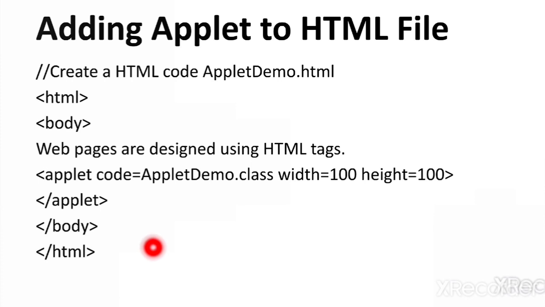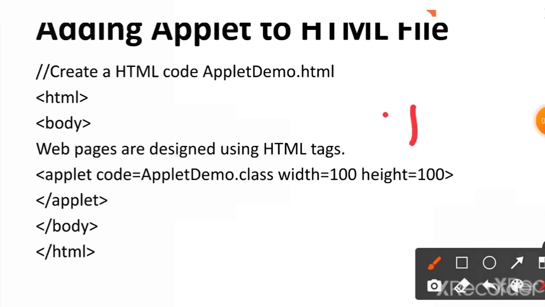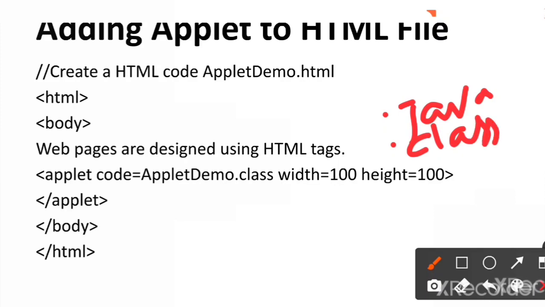Once you are done with embedding an applet tag into your HTML document, now you are ready for running the applet. To run the applet program, you must have all the three files that we have created in one directory, that is the .java file, appletdemo.java, the .class file, which was produced by the compiler, and then the appletdemo HTML file. All these files must be within the same directory to execute the applet.